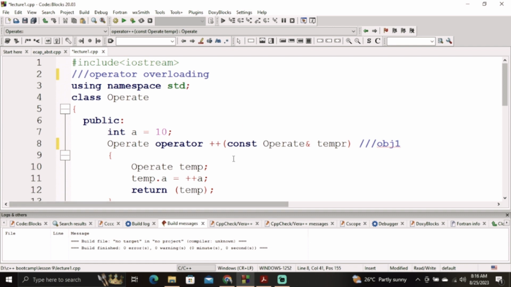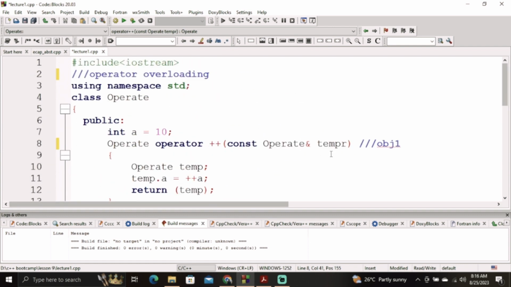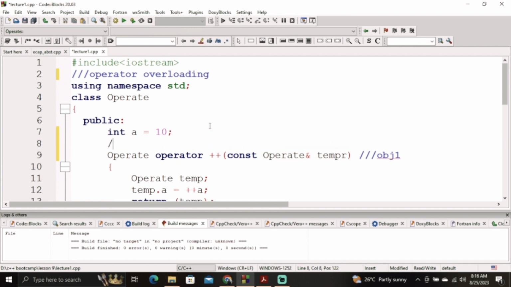So whatever you change over here, it can be seen in this object as well. So it's very good practice to use a constant keyword and a reference. And this syntax is more preferable. I will tell you why, because there are a few advantages. One, data can't be changed